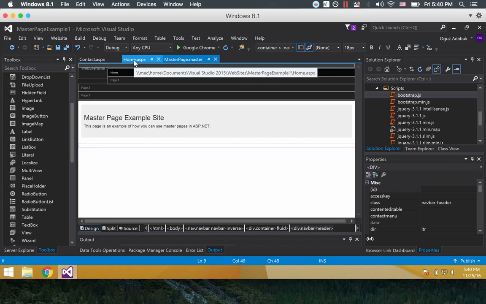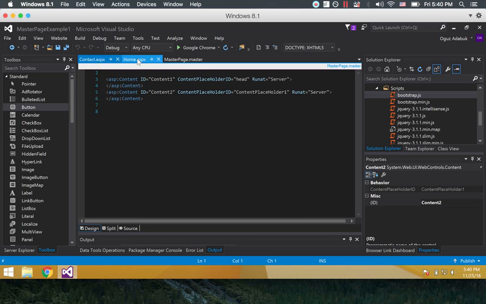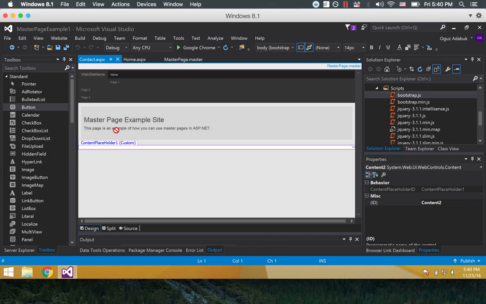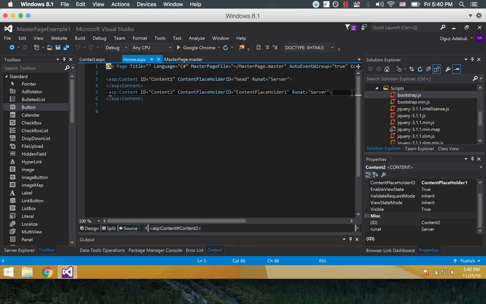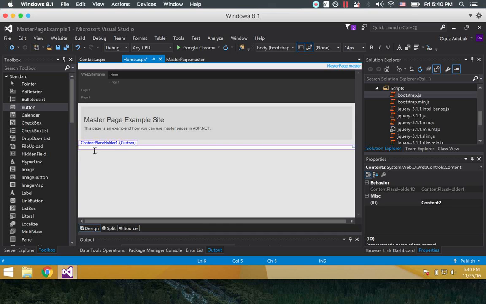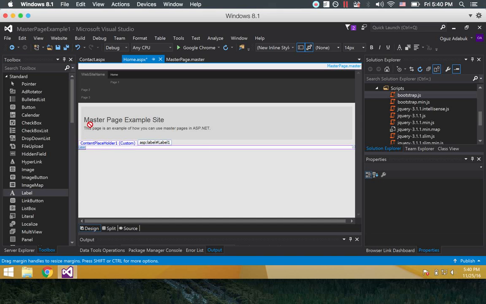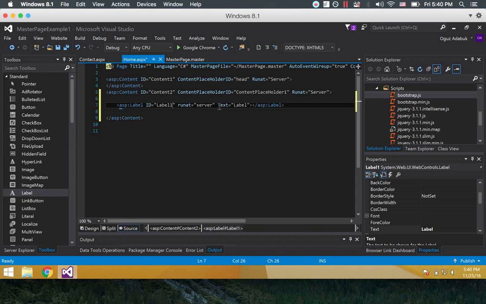Now both home and the contact pages, as you can see, are already importing these. Now let's define the page specific content. Okay, and I'm going to go inside my page specific content. You can also choose it from here. Let's drop a label, right? And the label will have text. Say this is the home